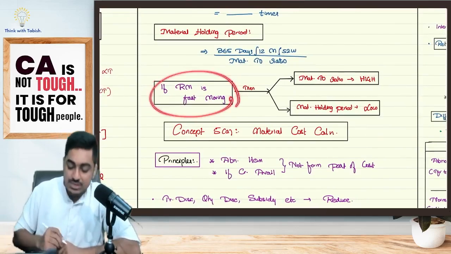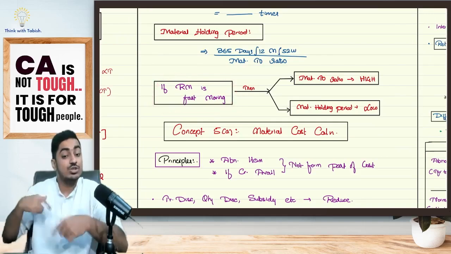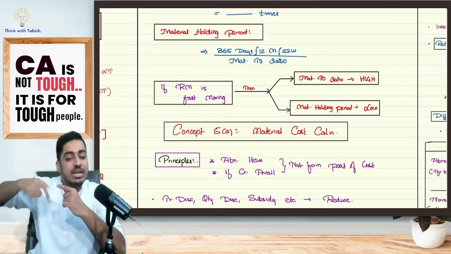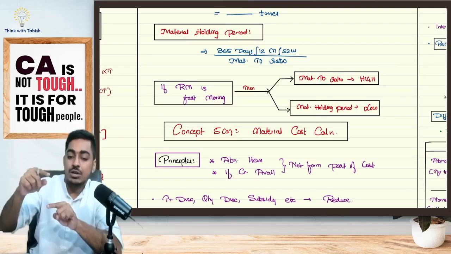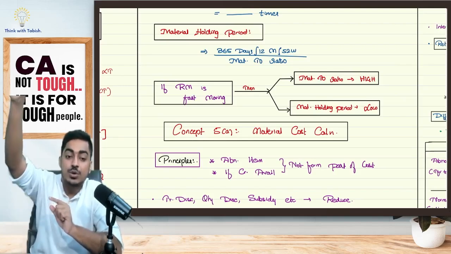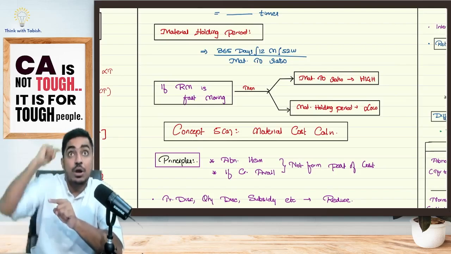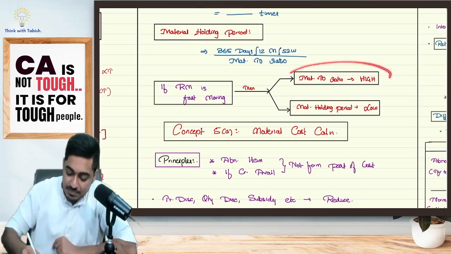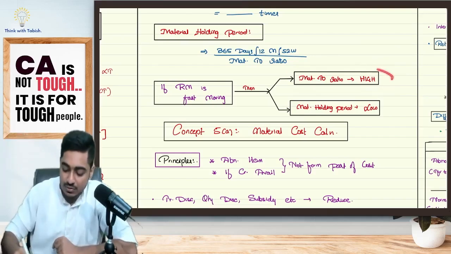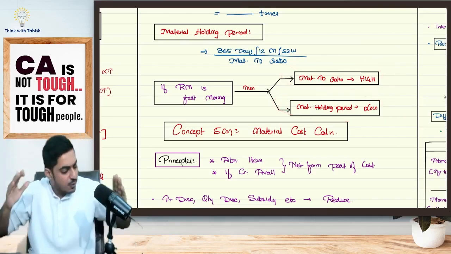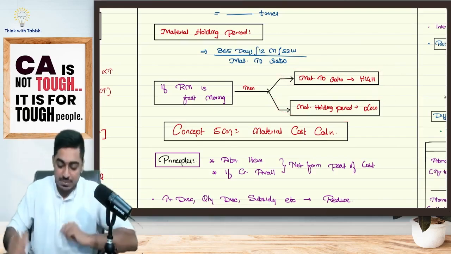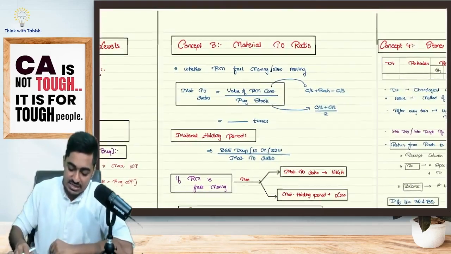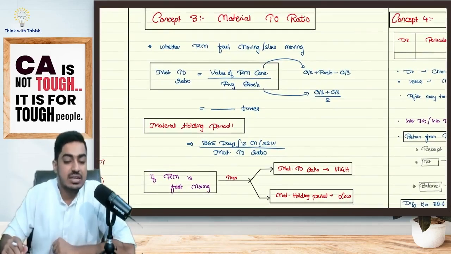If my raw material is fast moving, tell me students whether my material turnover ratio should be high or low. Yes, I should keep rotating my investment more times. By putting 1 rupee in business, if I can get 10 rupee turnover, or by putting 1 rupee, I got 100 rupee turnover, which is better? 100 rupee. So material turnover ratio should be high. And my material holding period, in how many days is my stock getting over? In very few days. That means it is fast moving goods. Holding period should be low. Is this clear, everyone? This is my concept 3, that is my material turnover ratio.